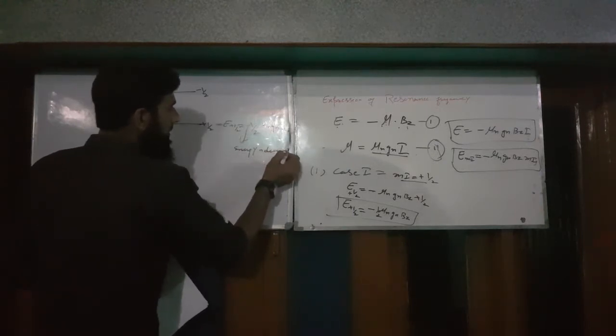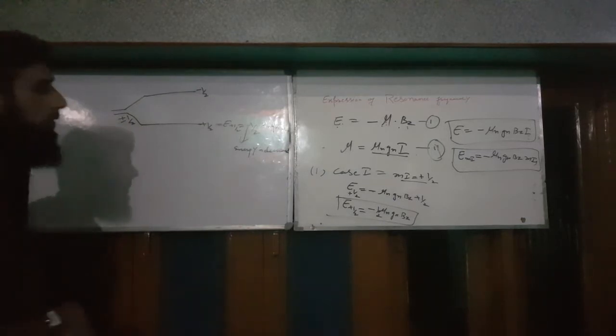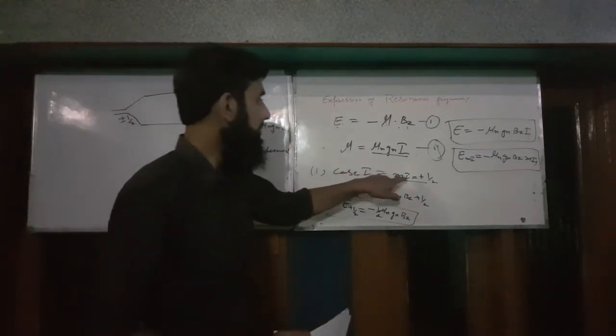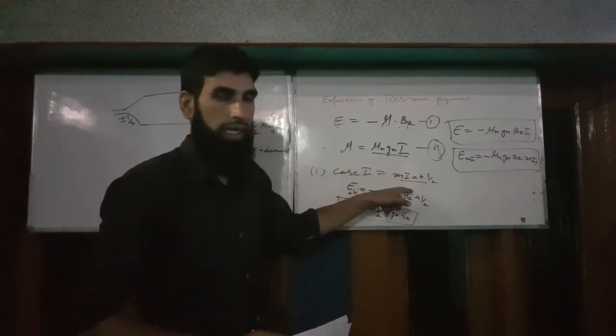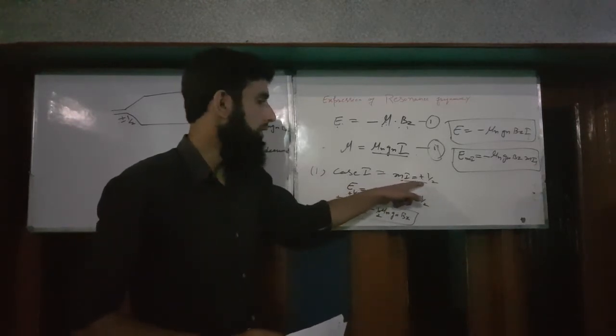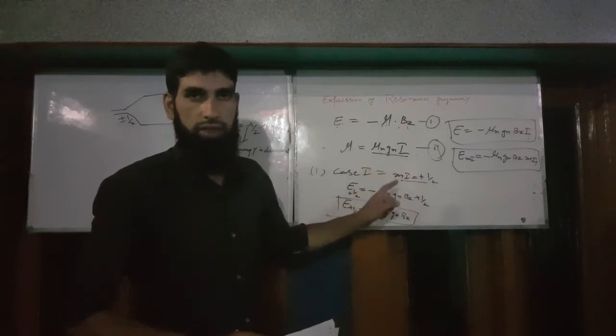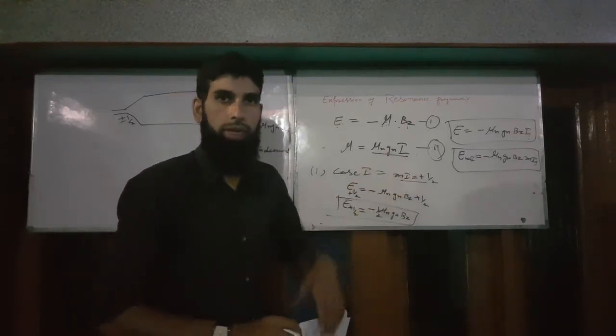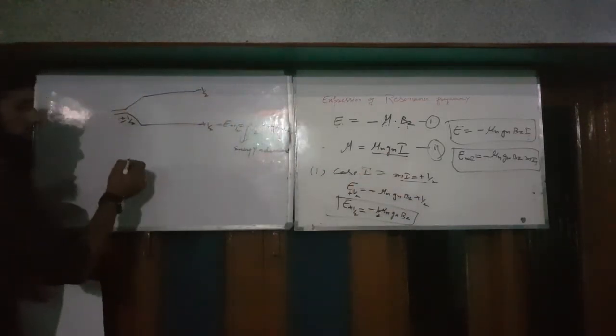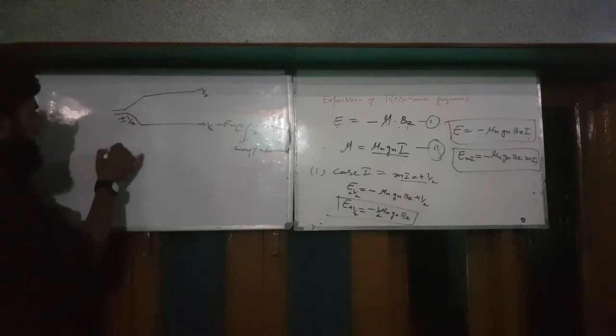Okay, now this was our first case: find the energy of mI equal to plus 1 by 2. As we know, we have another mI value, that is minus 1 by 2. We find out the energy of mI equal to minus 1 by 2. Case second,